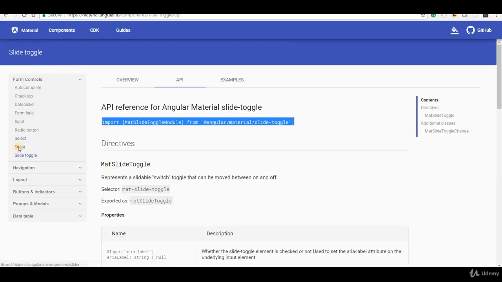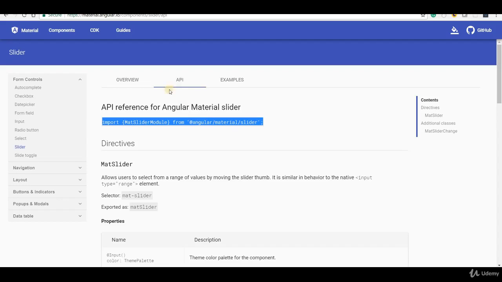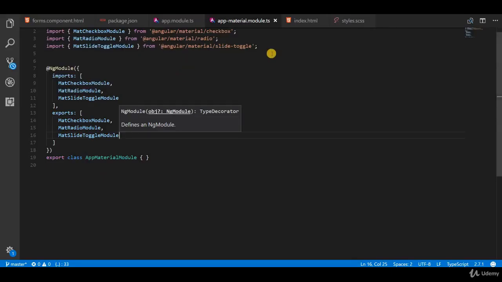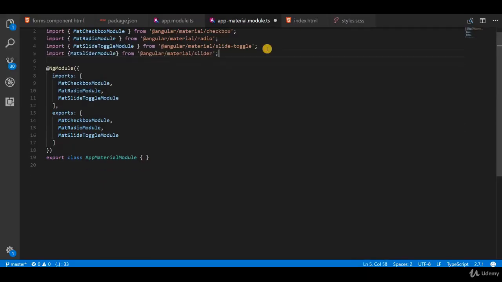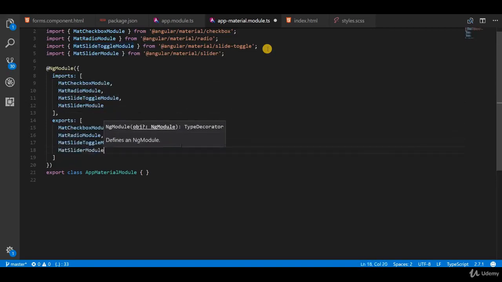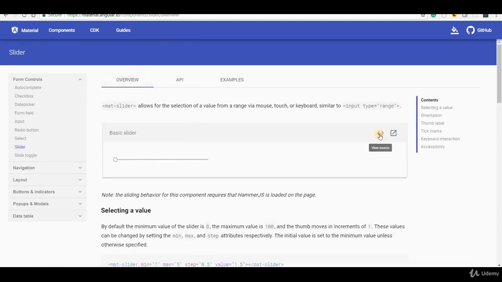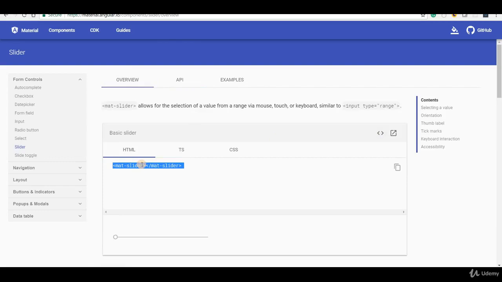Apart from that, we have the slider that we saw here, this one. Let's use that. So I'm gonna again go to the API section, copy the markup for this, add the mat slider module, sorry, and I'm gonna copy the name of this module right here and add it to the imports array as well as the exports array. And then finally I can go to the overview section, go to the view source, and just simply use it like so